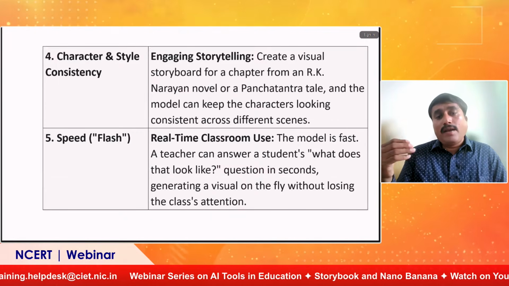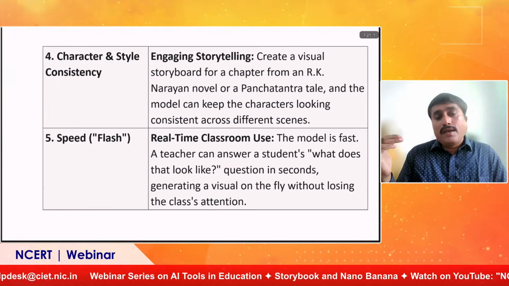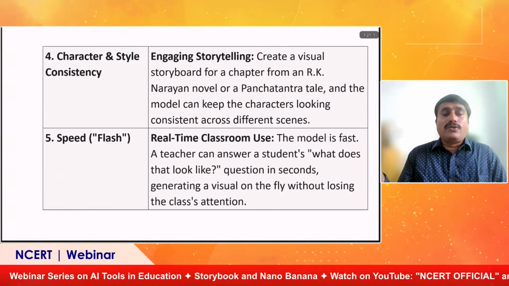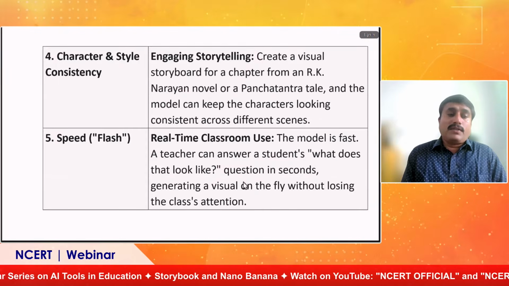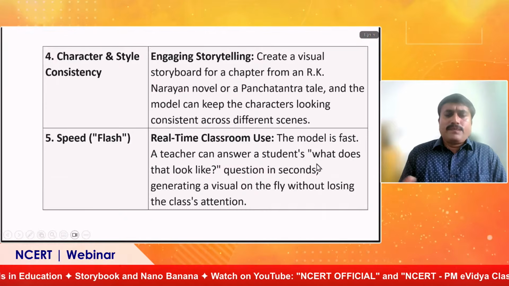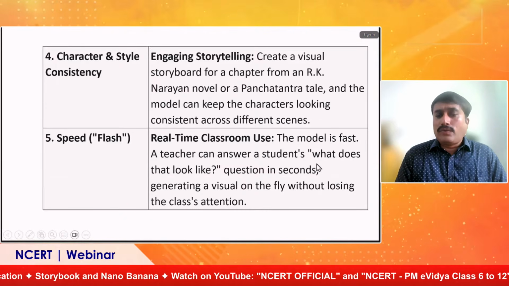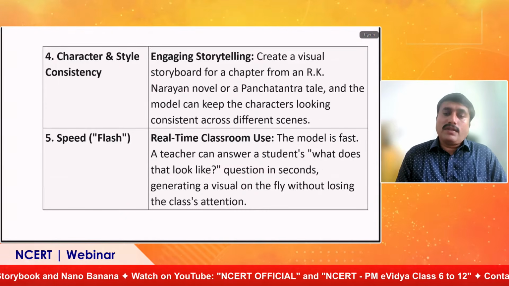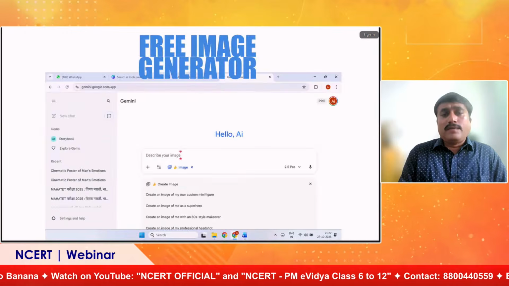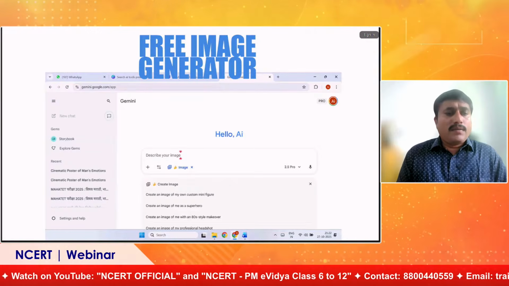So you can make an instant PPT, instant image or instant collage, and then show them while you are teaching. Speed flash: real-time classroom use. This is a very real-time classroom tool, because we can use it in our day-to-day teaching and learning.